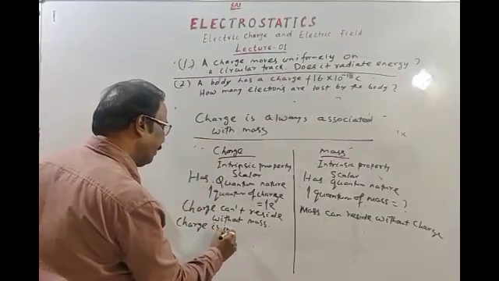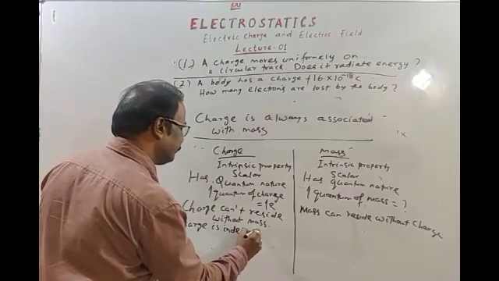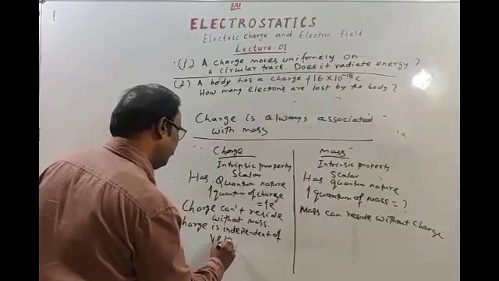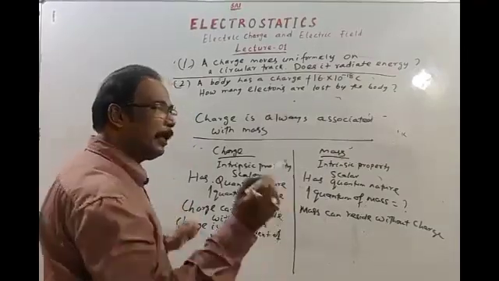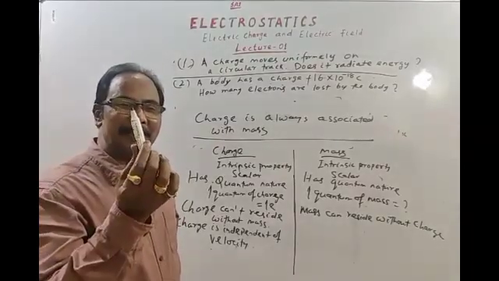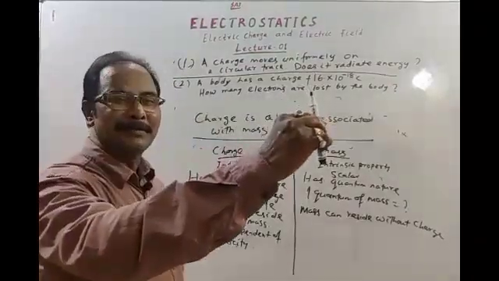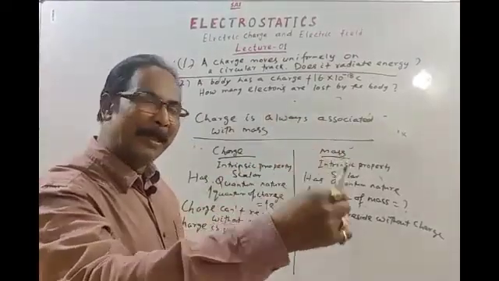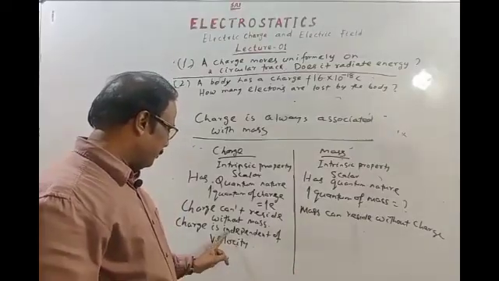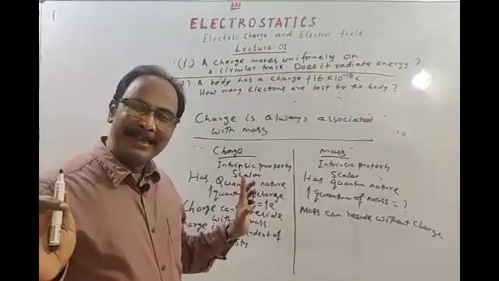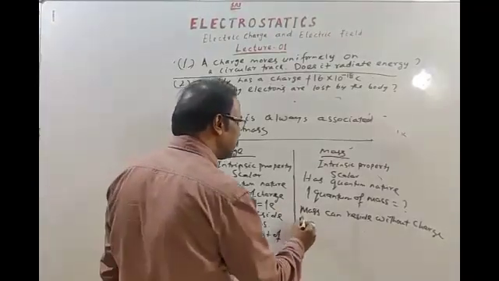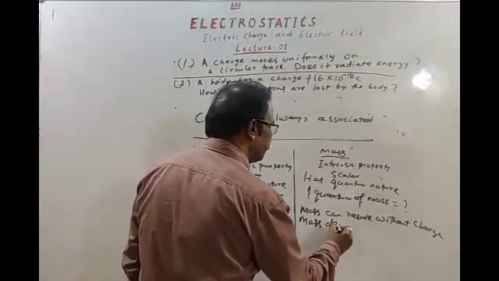Okay. Charge is independent of velocity. Suppose a body has some charge, positive or negative. This body is at rest. If the body is set in motion, means moves with some velocity and velocity increases or decreases, then the charge of this body remains the same or constant, means charge is independent of velocity, but mass depends